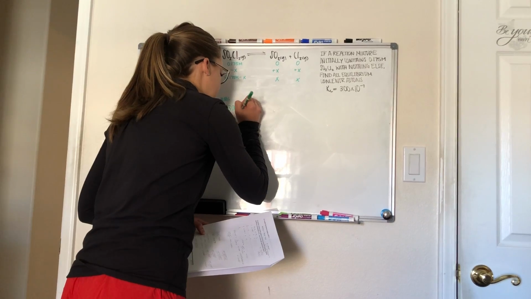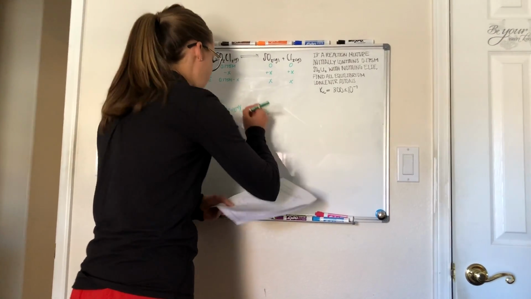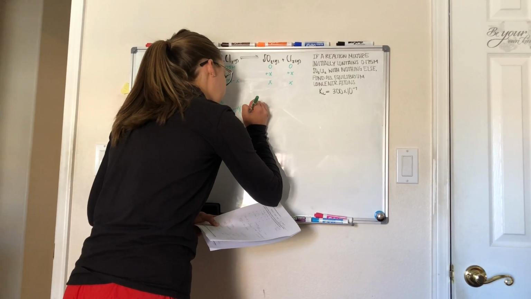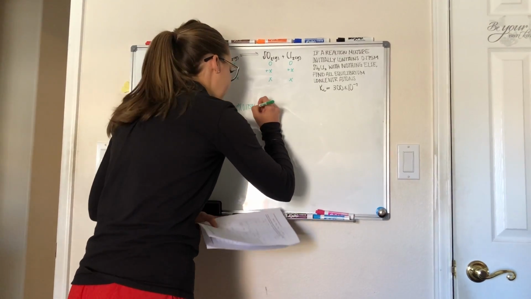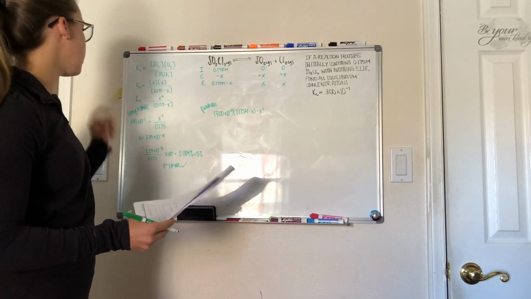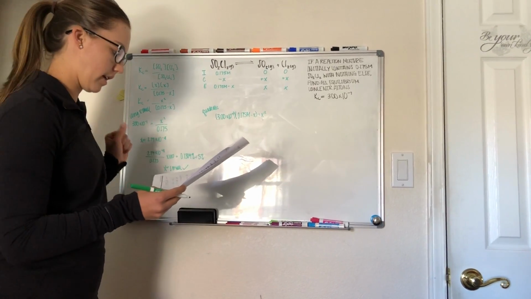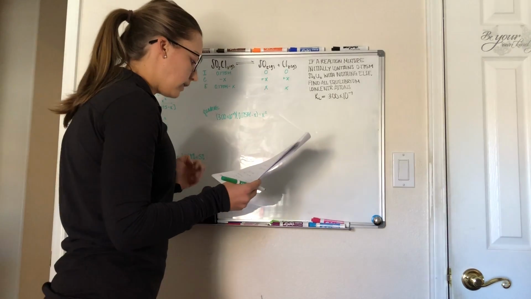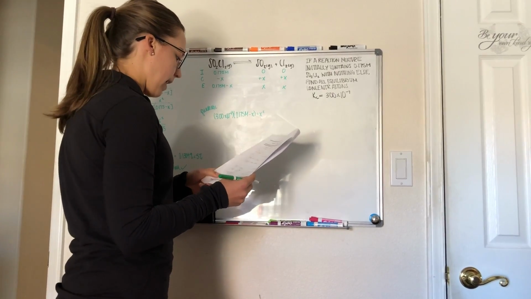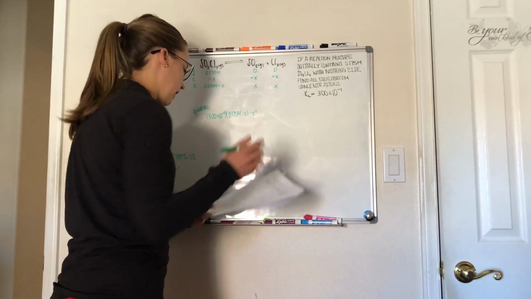3.00 times 10 to the negative 7 times 0.175 molar minus x equals x squared. Okay, so that's just a simplification of this step up here. If you multiply this over, you end up with x squared on the side there. And then once you simplify and get x on the same side and distribute here, you're going to get